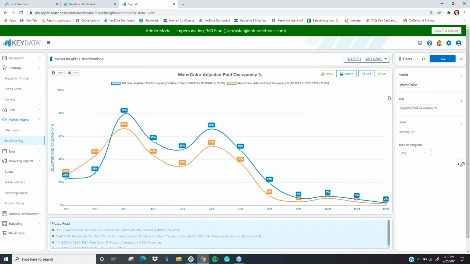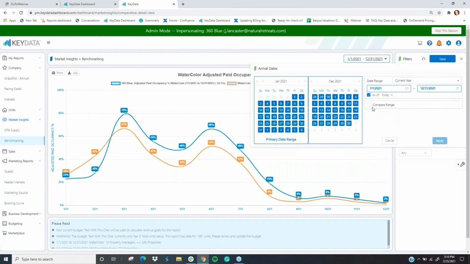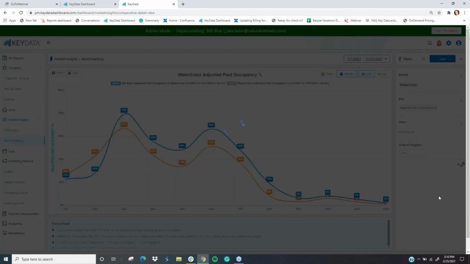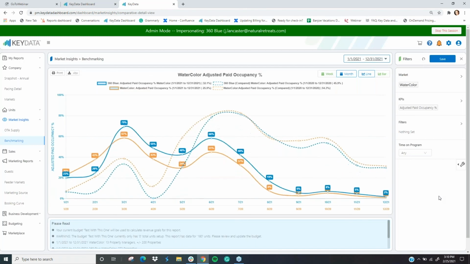So you can see that the orange line is our Watercolor market, where the occupancy is so far for 2021. The blue line is our data. And then in the date picker, you can add a compare range here, which we would want to do. You can only add one additional compare range, so you can choose 2020 or 2019. 2020 was a good year in this market, so we can hit apply and see what the seasonality looks like there. Also remove that as of date,